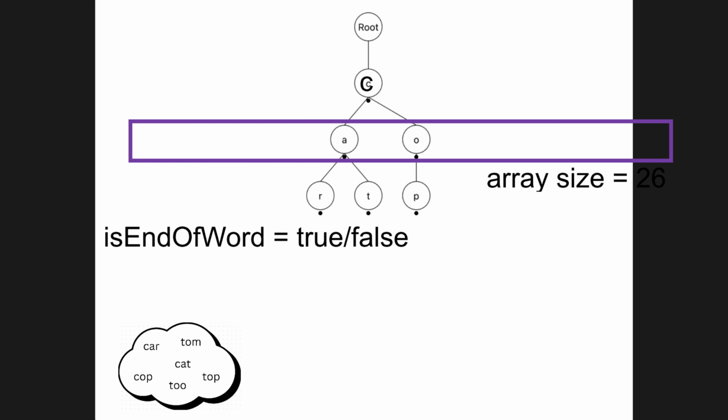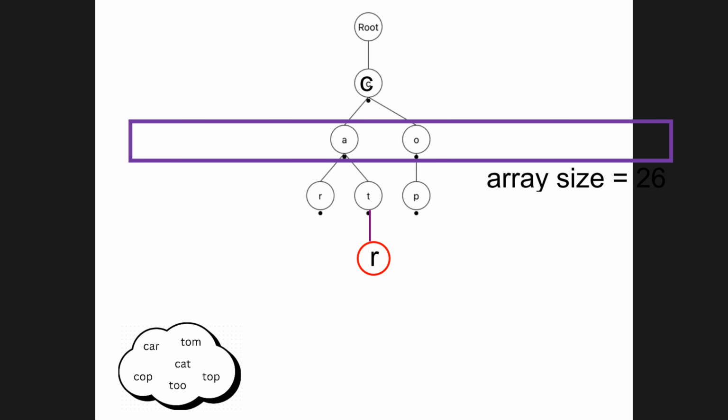And the third one is a boolean. This flag is used to mark whether a complete word ends at this particular node or not. Now, why do we need this boolean? Let's say we want to insert two words, CAT and CATR. They both share the same prefix CAT, but we need to distinguish them as separate words. So at the node representing T, we set this boolean as true for CAT, and at the node representing R, we again set this boolean as true for CATR.